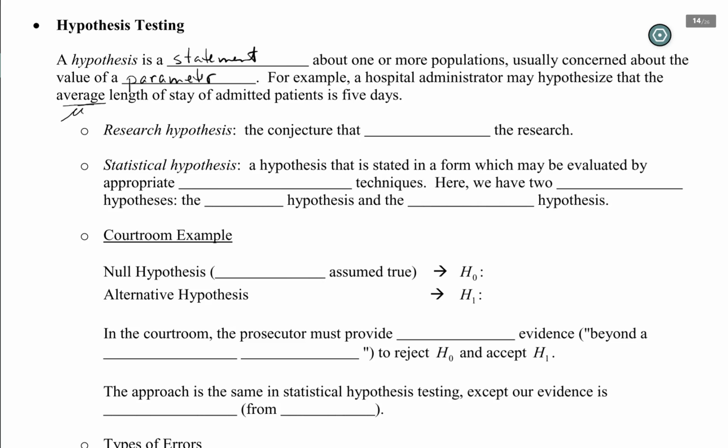a term or a phrase here, research hypothesis. This is the conjecture that motivates the research. Okay, so most scientists have a research hypothesis. They think that a particular phenomenon behaves a certain way, and that ultimately motivates the research. And oftentimes, a research hypothesis can be formulated into a statistical hypothesis. That's a hypothesis that's stated in a form which may be evaluated by appropriate statistical